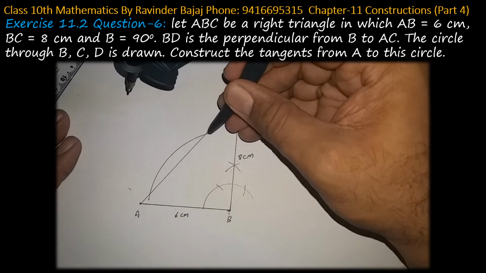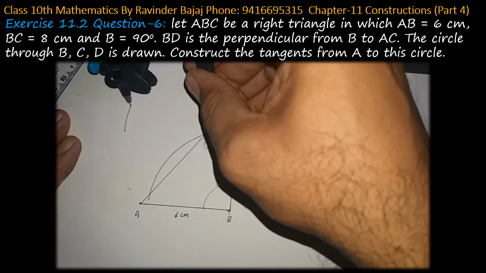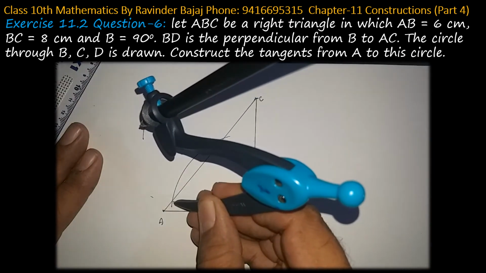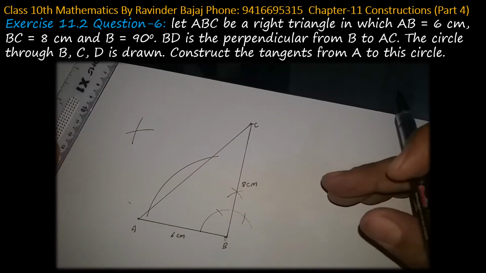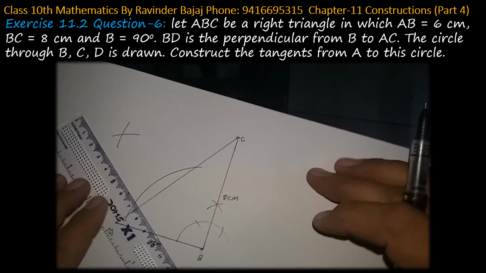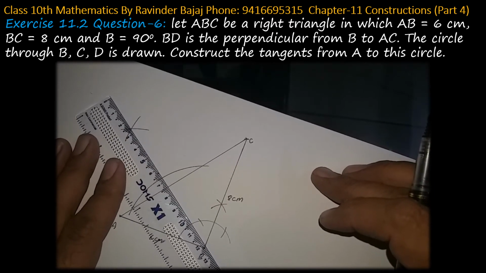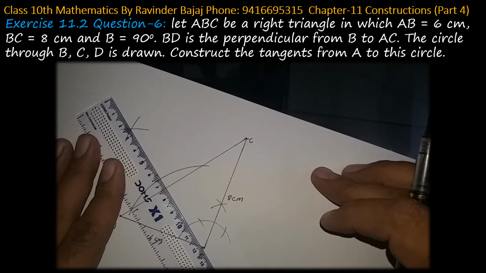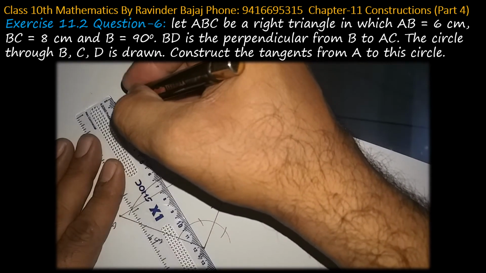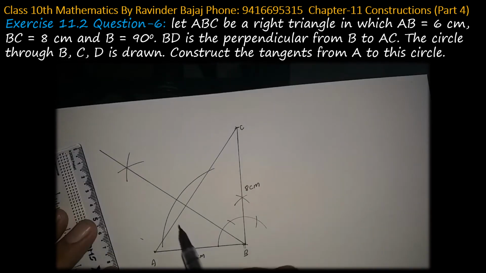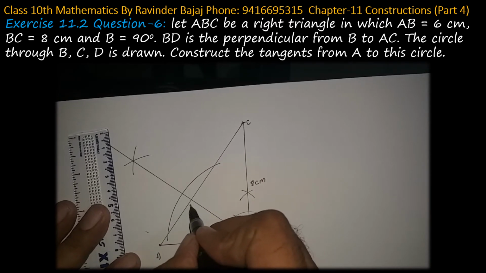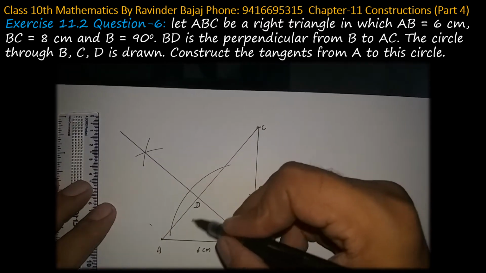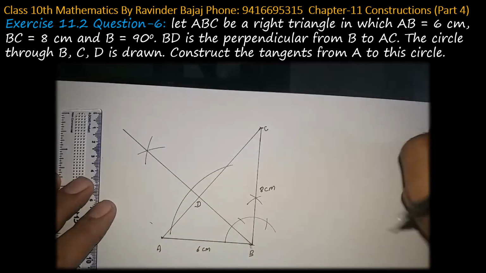Now keep your compass at 1 point, draw an arc like this, and with the same size compass cut that arc. Now you will get a point. If you will join the point with B, you will get perpendicular to line AC. So I'm joining it. This is perpendicular from B on the line AC. This is drawn. So this angle is 90 degree angle. So this point is say D. At point D, you have drawn 90 degree angle. This is perpendicular from B on AC.